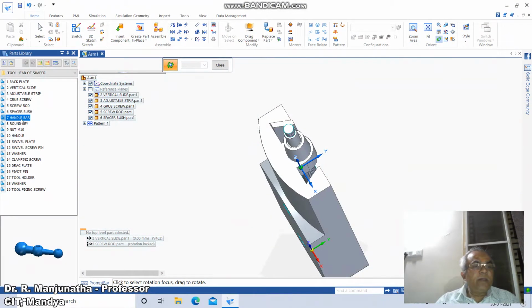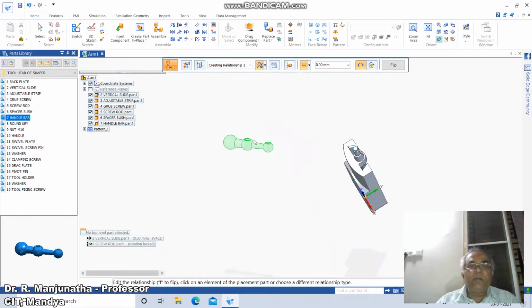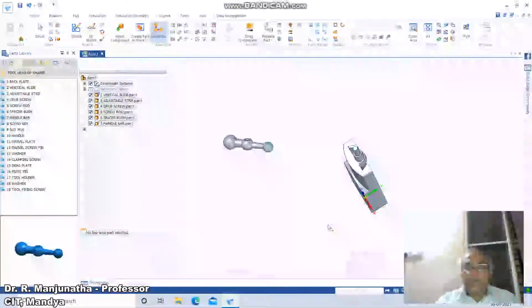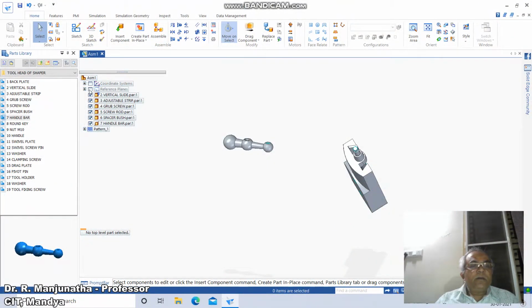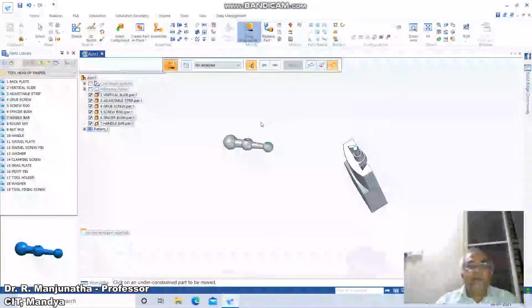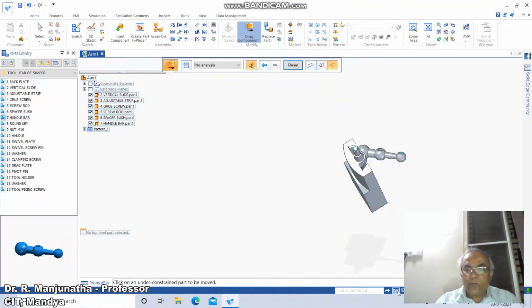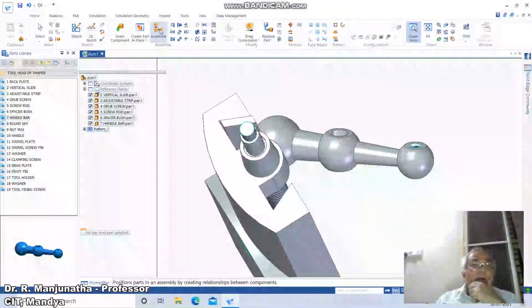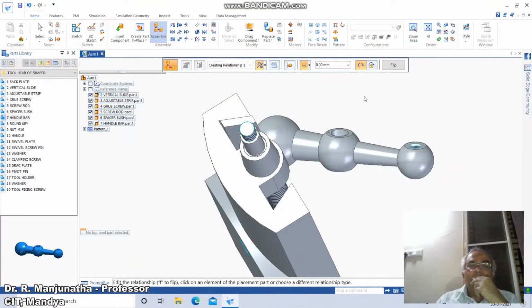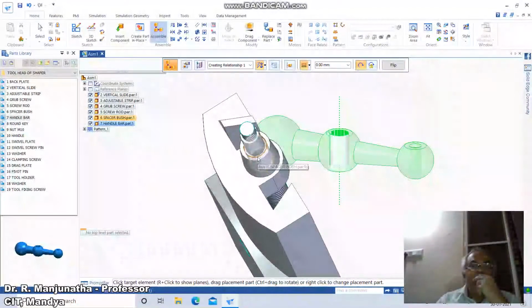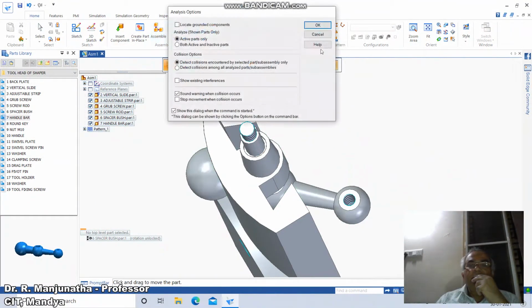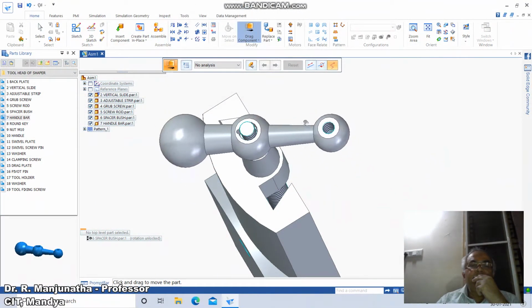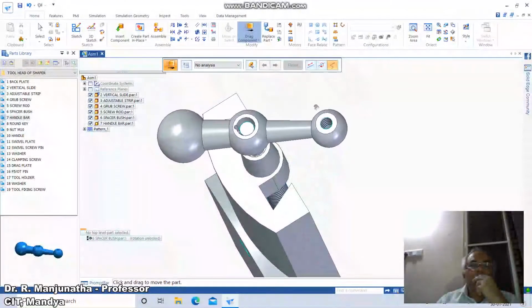So to this we are going to add the handlebar. You just double click on this handlebar, then go to drag the component and say OK, and bring it nearer to this. Then go to zoom window, then assemble, don't lock the rotation, just click on this axis with reference to this axis. Then you just drag the component. When you drag the component, you can see that it has been rotating. So now we need to lock this.